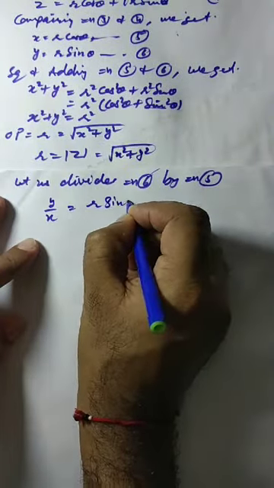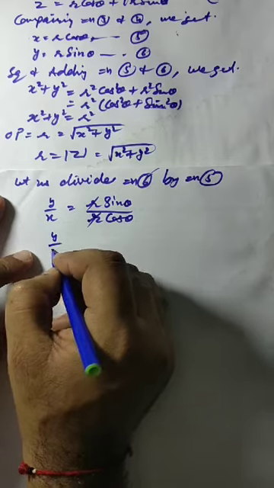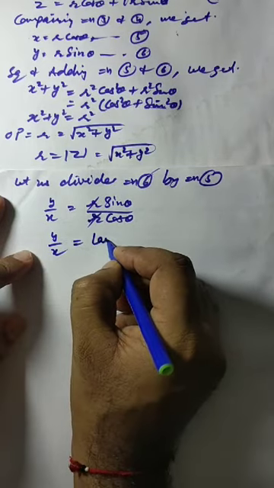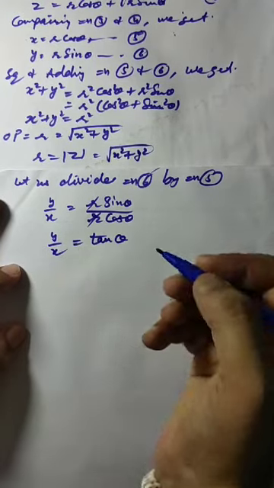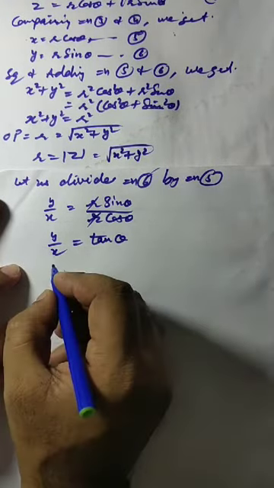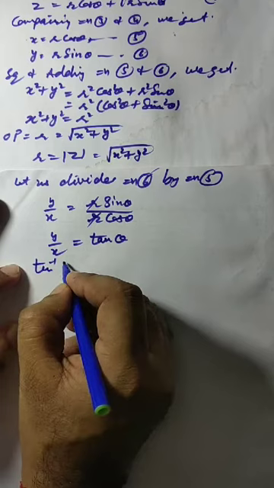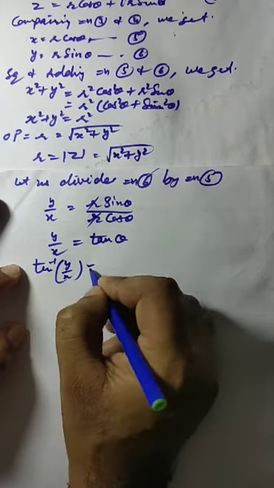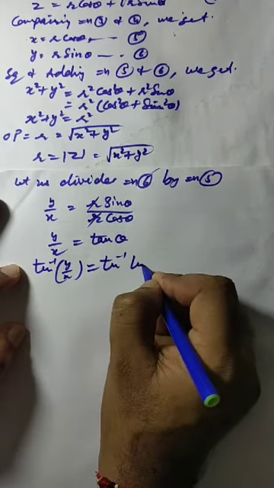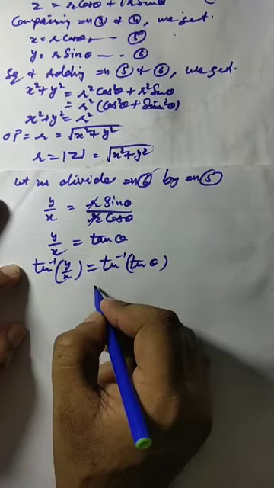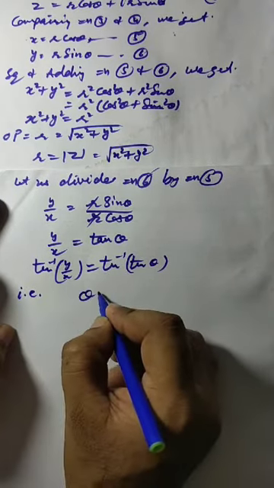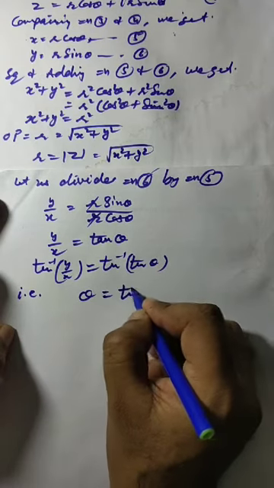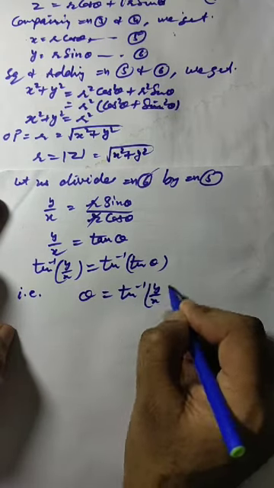We can cancel r from both numerator and denominator. We are left with y upon x is equal to tan theta. If we take the inverse of tan theta, that will become tan inverse y upon x is equal to tan inverse of tan theta. So we got theta is equal to tan inverse y upon x,